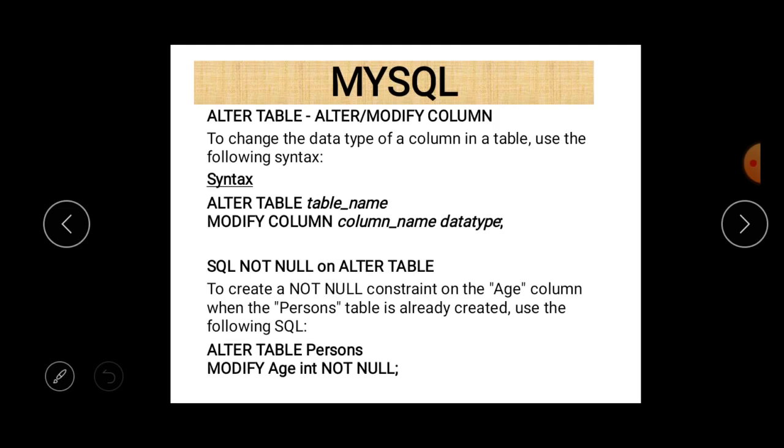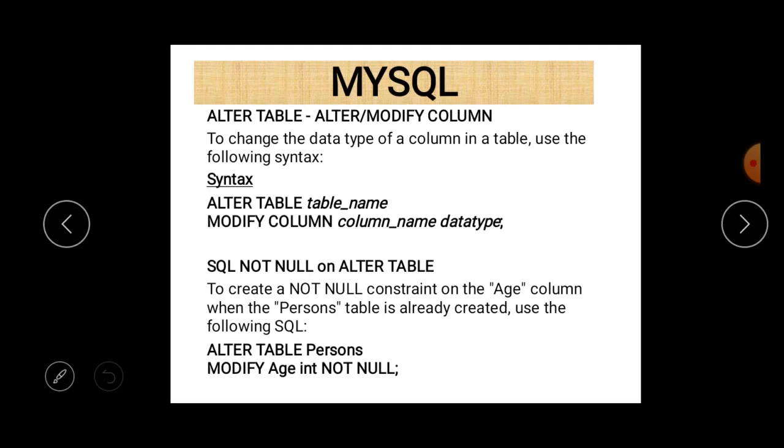Next, when we talk about constraints, there are basic constraints: not null, unique, primary key, foreign key, and check, and one more is default. If we want to apply these constraints just after table creation, then it is possible using the alter table structure, and the concept is very simple. There are two different methods.